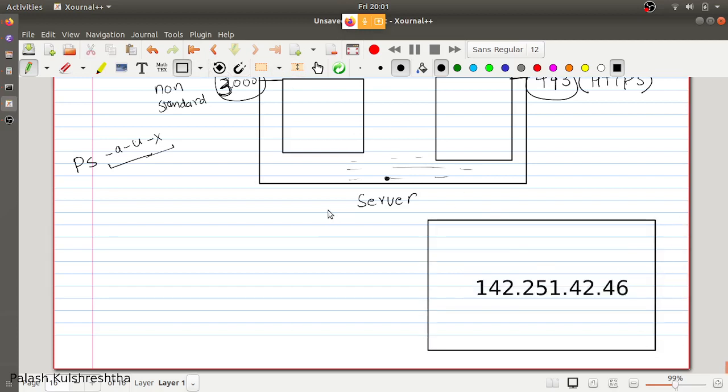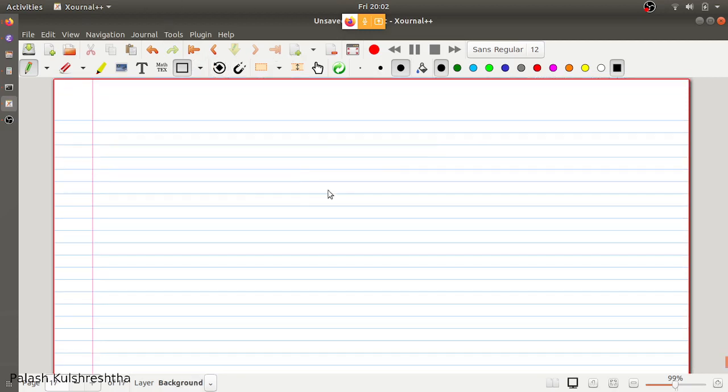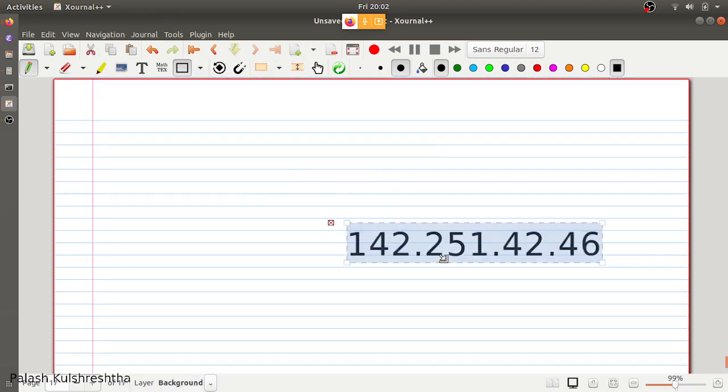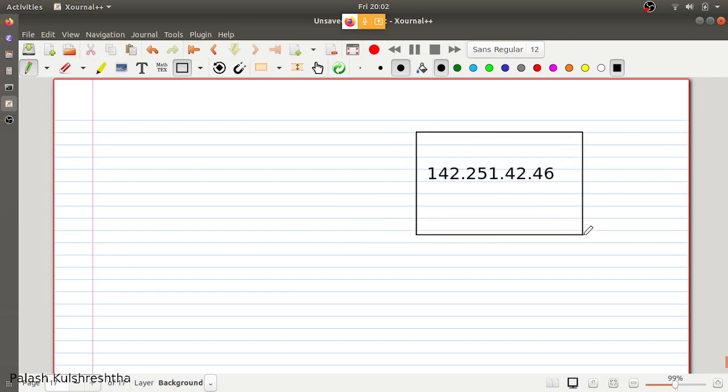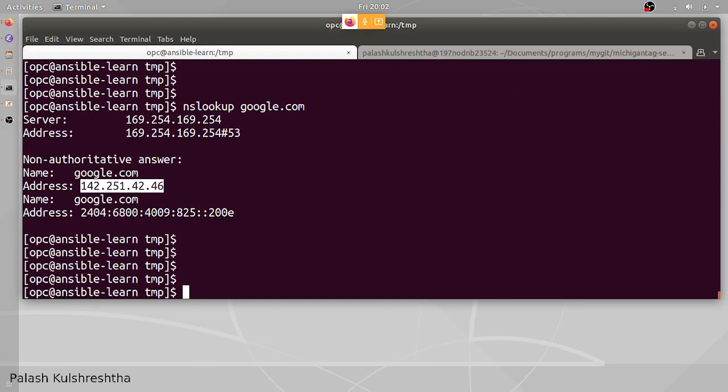This is the IP of google.com, and let's try to find out our public IP. How are we going to do that? Public IP is curl ifconfig.me.